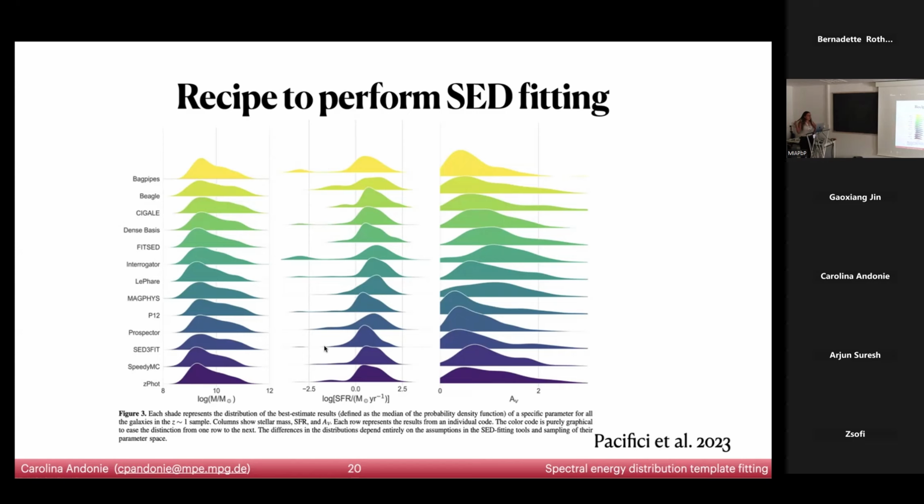Can any of these SED fitting codes tell you, if you do your fitting, that there's likely an outflow or maybe an unresolved merger? You don't see it, but it tells you there's a merger. A merger, I doubt it. Outflow, I also doubt it. I guess that more than the SED fitting, the issue is photometry, because some filters are very broad. In the UV optical, there are some instruments that have very narrow filters where you can maybe not resolve a line, but identify a line, right? But in the mid-infrared, the filters are super broad, so you cannot really identify an outflow.